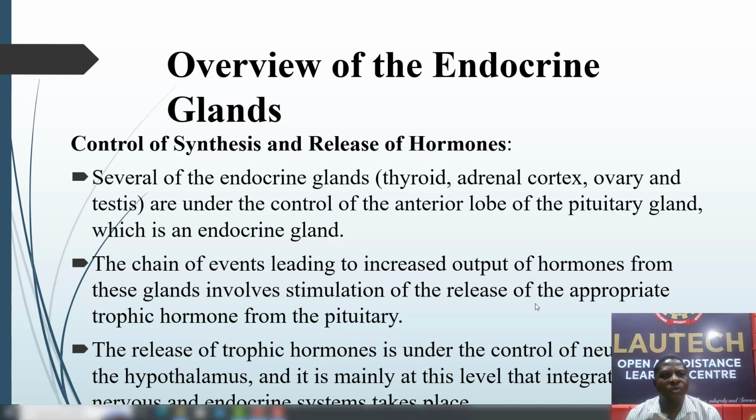So control of synthesis and release of hormones. Several of the endocrine glands, that is thyroid, adrenal cortex, ovary, and testes, are under the control of the anterior lobe of the pituitary gland, which is an endocrine gland. So the chain of events leading to increased output of hormones from these glands involves stimulation of the release of the appropriate trophic hormone from the pituitary. Release of trophic hormones is under the control of neurons of the hypothalamus. Mainly at this level, integration of the nervous and endocrine system